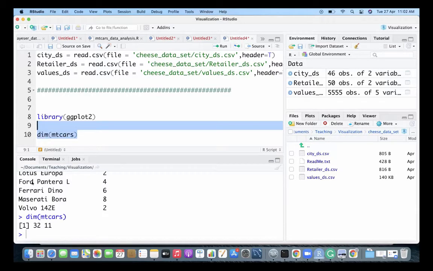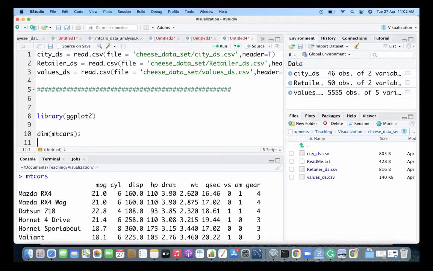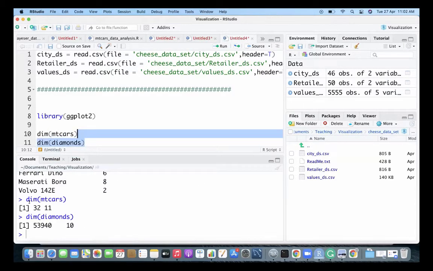It has 32 rows and 11 columns. I think we already discussed it once. And then there is another data set, the diamonds data set, which has 53,940 rows, about 54,000 samples, and 10 columns.